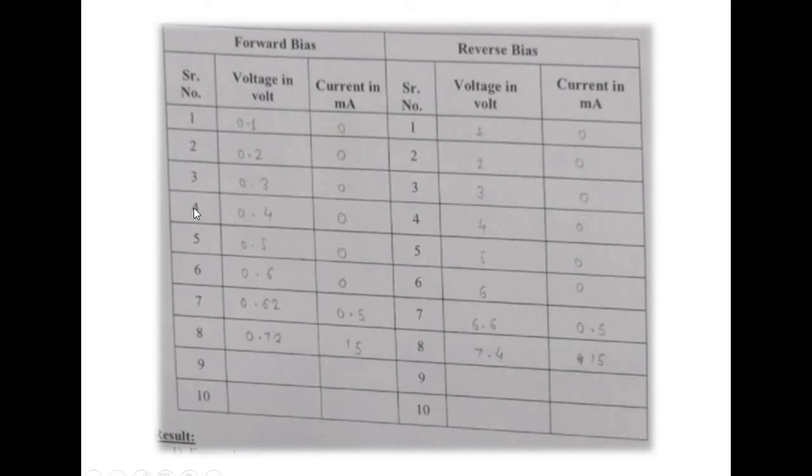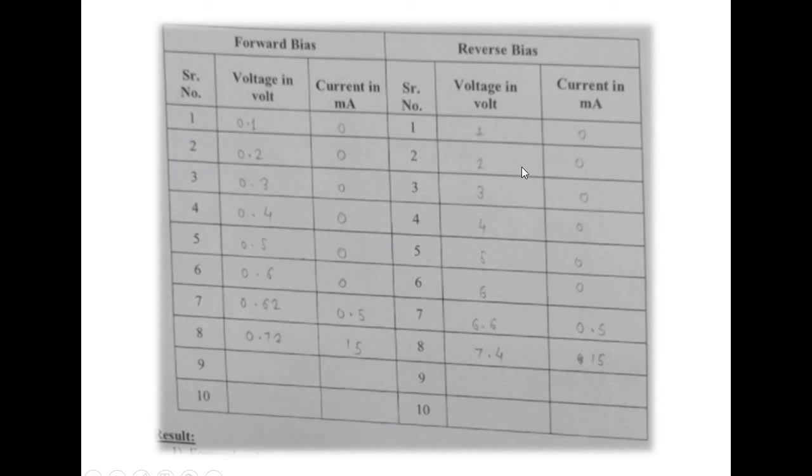Okay, so what kind of readings are provided? In forward bias, we have seen the scale is with a difference of 0.2 voltage. So you have to take readings for first 0.1, then 0.2, 0.3, 0.4, 0.5, 0.6. Then with respect to that voltage, whatever amount of current is there in that meter, you have to note down. Okay, and like this there will be the readings for the forward biasing.